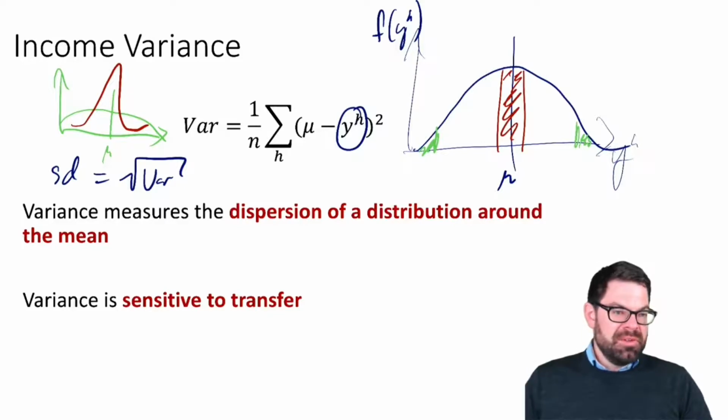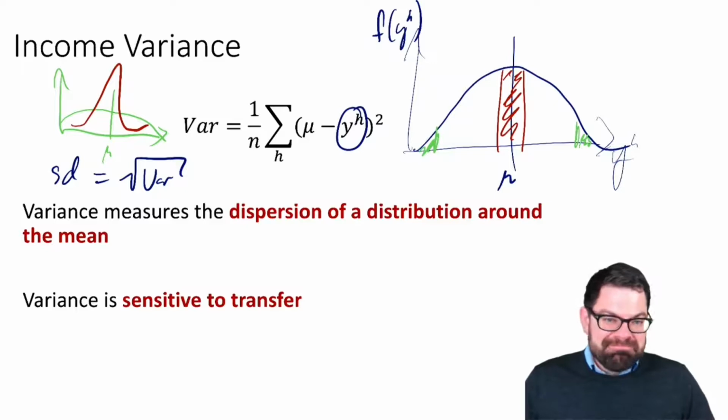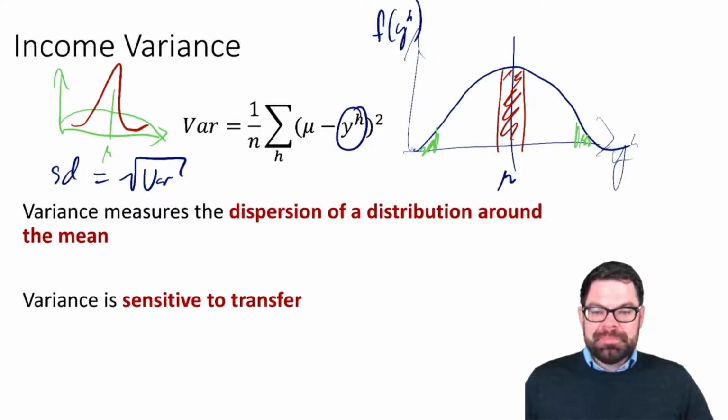So if I tell you the income variance in the US is 3 million or 3 billion, we wouldn't have a feeling for it. We can get a feel for it with the standard deviation. When we say, okay, the average income in the US deviates from the mean by $10,000, we do have a